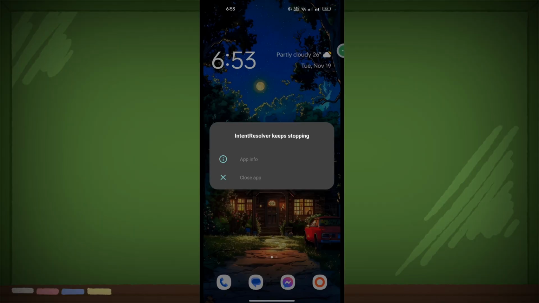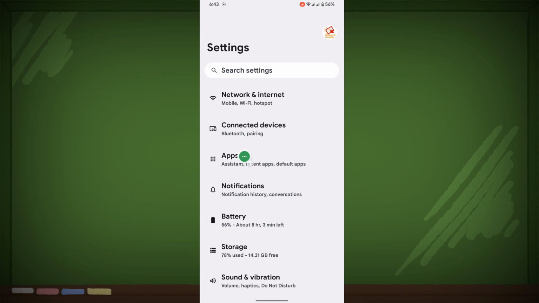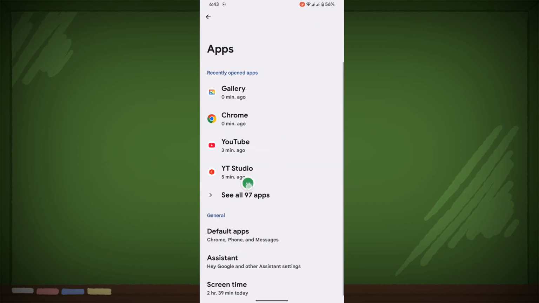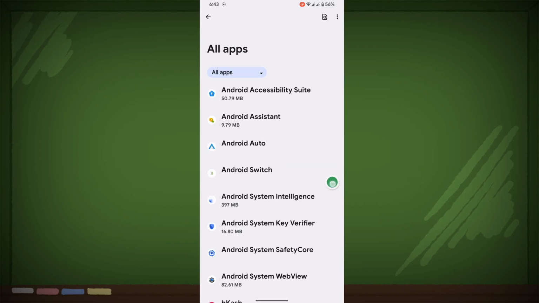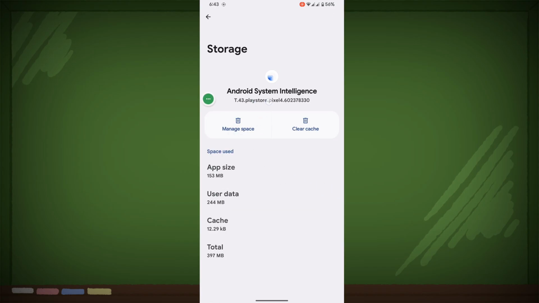In this video, I show you how to fix the intent resolver keeps stopping problem. For fixing this problem, go to settings, then go to apps, then go to see all apps. Now search for Android System Intelligence, tap on it, tap on storage and cache, tap on manage space,